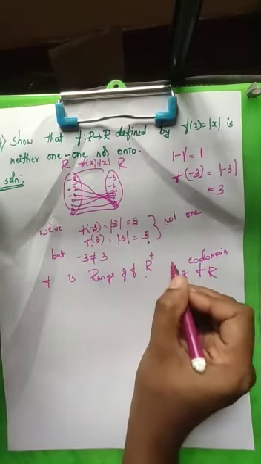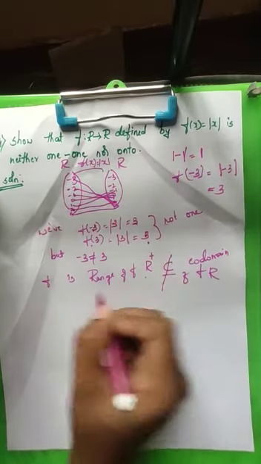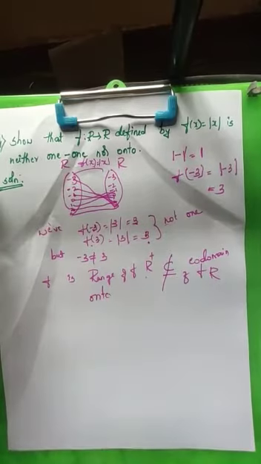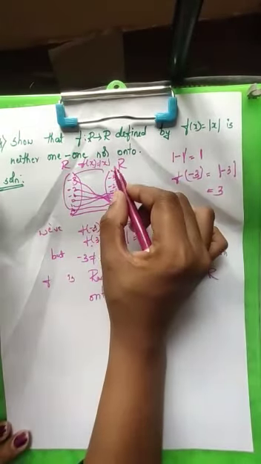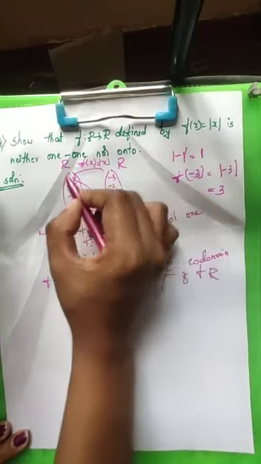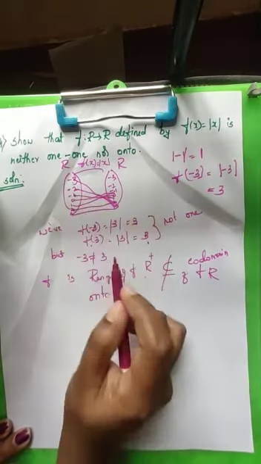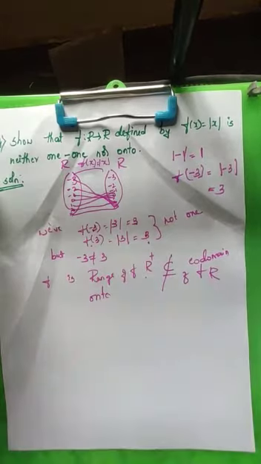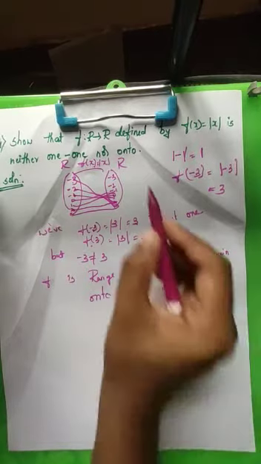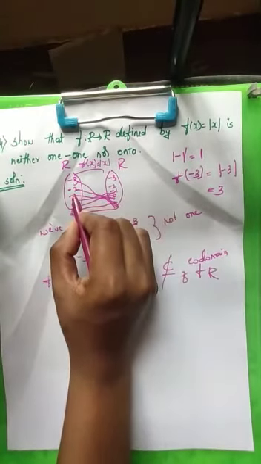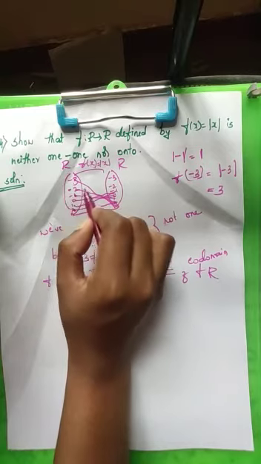So this particular function is not onto, because the range is not equal to the codomain. Or in other words, you can say that you have negative real numbers as well, which are not the image of any number in this particular function, because you can see -3 is not an image of any number, -2 is not an image of any number.